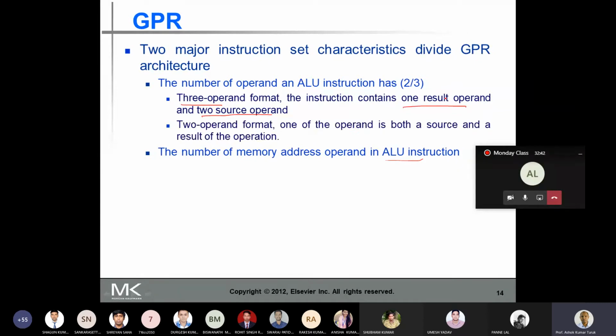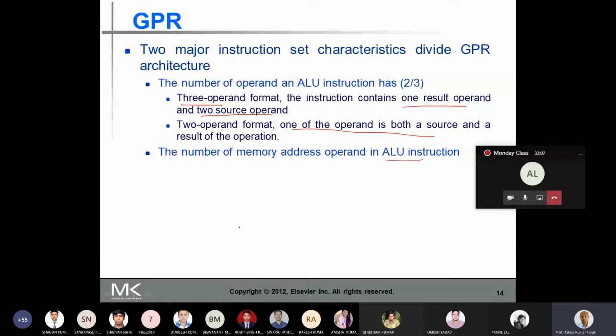And in the two operand format, one of the operands acts as a source as well as the destination of the result. So in a two operand format, the content is lost. In a three operand format, the content of the sources is not lost.